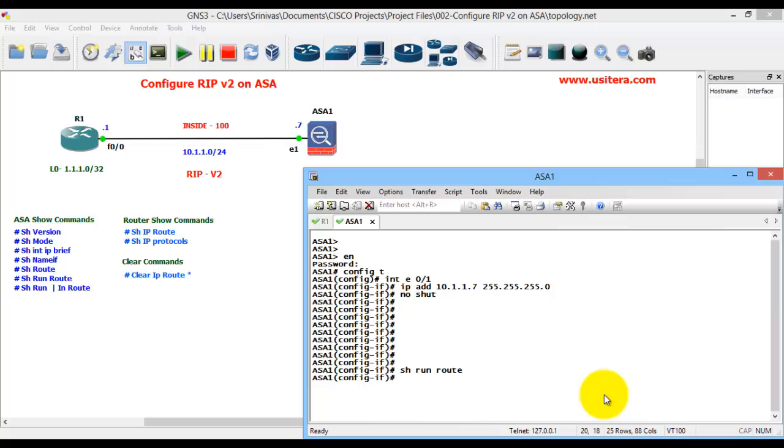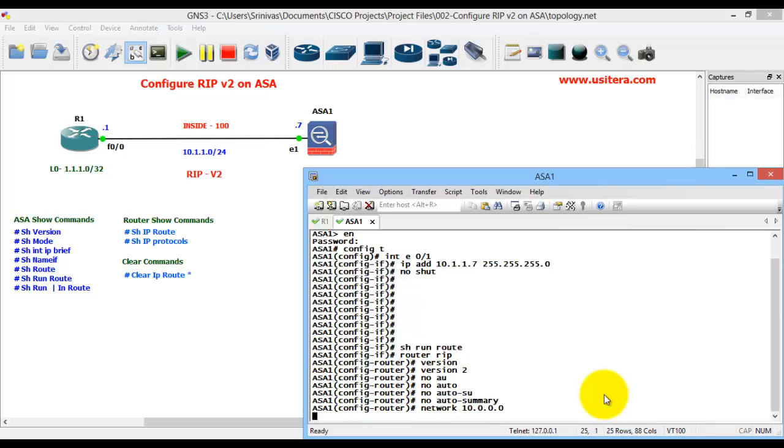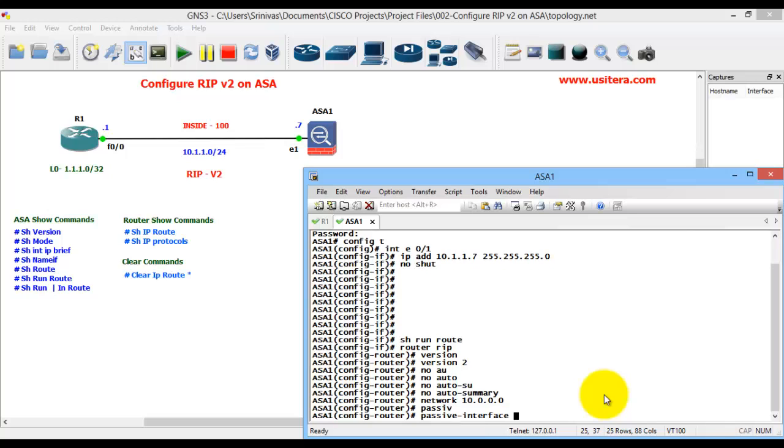So first we create the RIP route: router RIP, version 2, no auto-summary, network 10.0.0.0, and we can use the passive-interface default command.